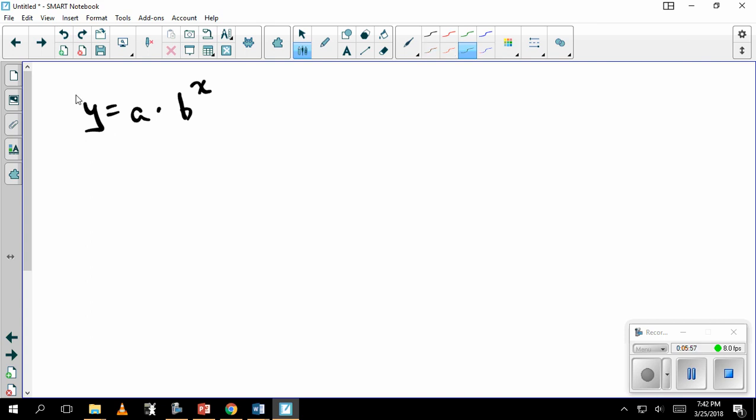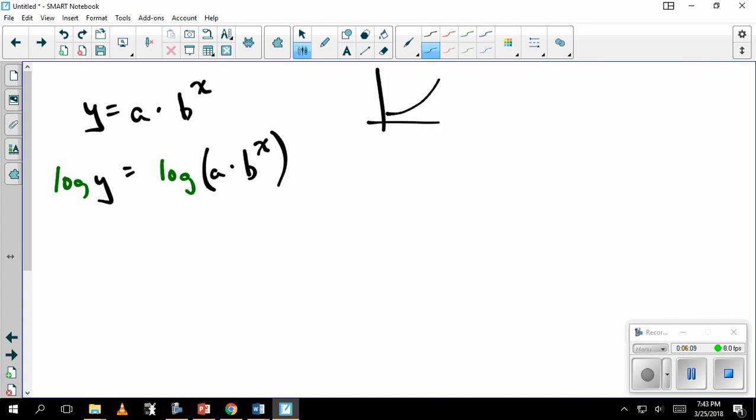And I want to do the same idea. I want to take the log of both sides. So I take the log of both sides. Because we know, of course, that an exponential function looks like this. It doesn't look at all linear. And then, just like before,